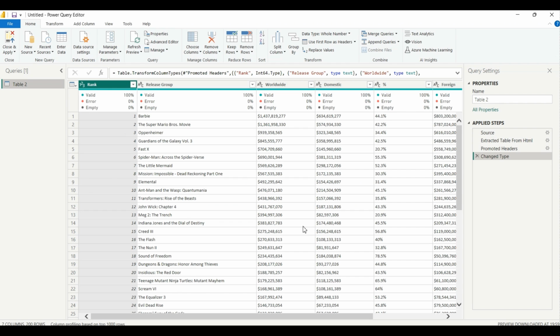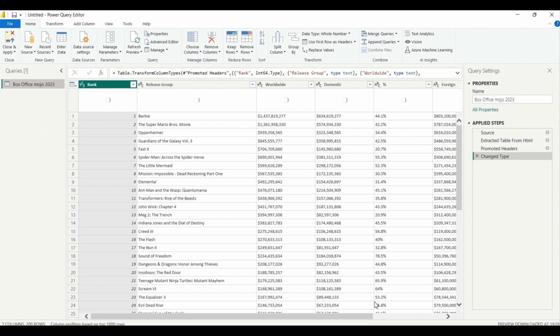After clicking on Transform Data, it will take us to the Power Query editor. From here, as you can see, I will name this table Box Office Mojo 2023. I will copy this, and same like that